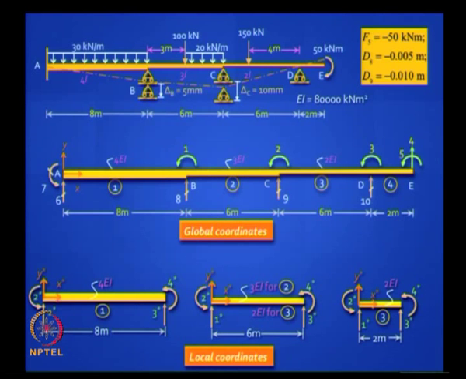You have 3 beam elements and the local coordinates are shown here. Actually you have 4 beam elements, right? You have 4 beam elements. The element 2 and element 3 are identical in terms of span, but the difference is in terms of their flexural rigidity. So if you see here, instead of drawing 2 elements I drew just one generic element, and I said the span is 6 meters for both, but for element 2 the EI value is 3 EI, and for element 3 the EI value is 2 EI. So actually you need to draw 4 elements, but we kind of saved space by doing this.